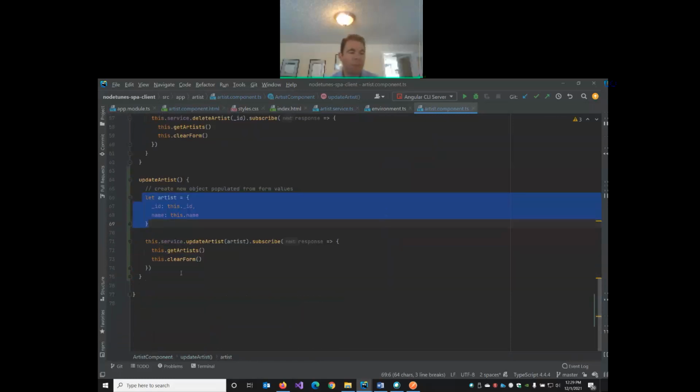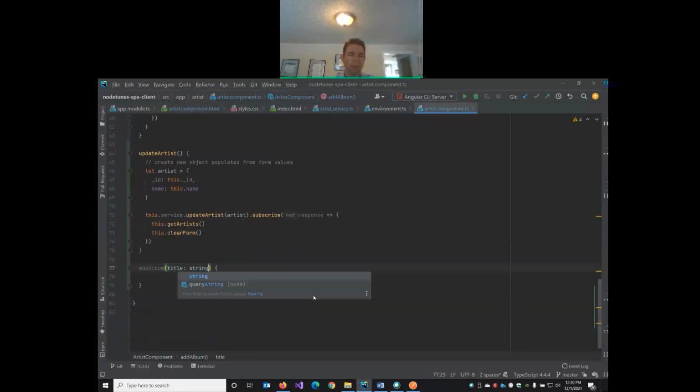I think for simplicity, just thinking out loud, we'll maybe do it this way. So we'll say add album. So we don't have properties for those. We'll just add them directly, maybe as parameters to the method here. So we'll have title as a string, year as a number, and rating as a number. So that album equals, we'll then create a new album object and we'll fill